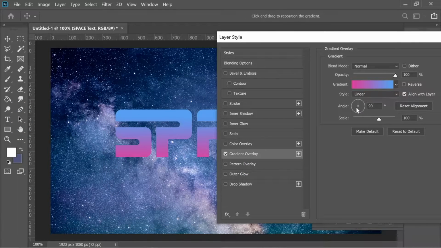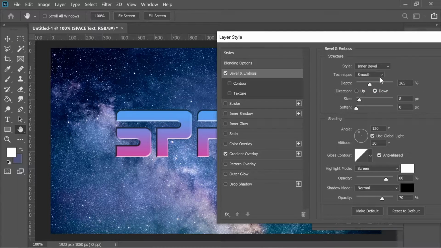I put it on linear and angle 90, and then I added bevel and emboss. I put it on inner bevel, smooth, 365 depth, and the size you can put whatever you want. I thought 8 looks best for me. And the rest,